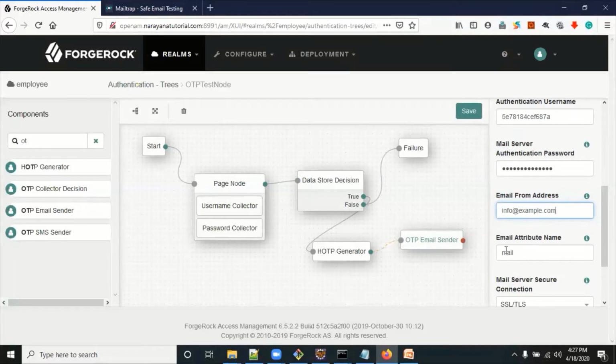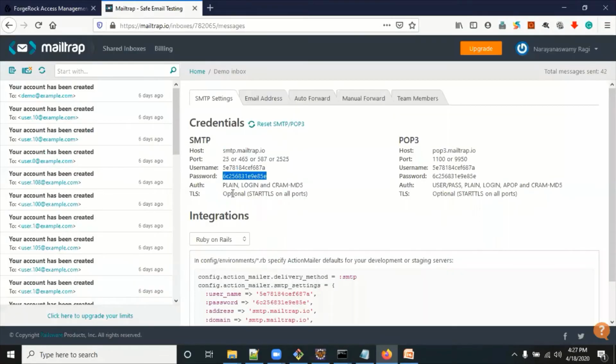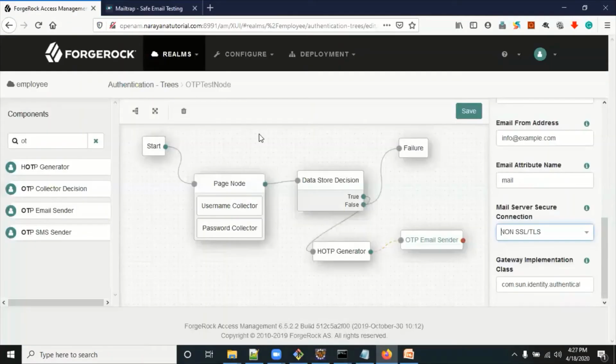Here is the email attribute name. What is the email attribute name? That is mail, the attribute containing the email ID of the customer. Here you have to use no SSL, start TLS, else you can use no SSL TLS. And then click on save.